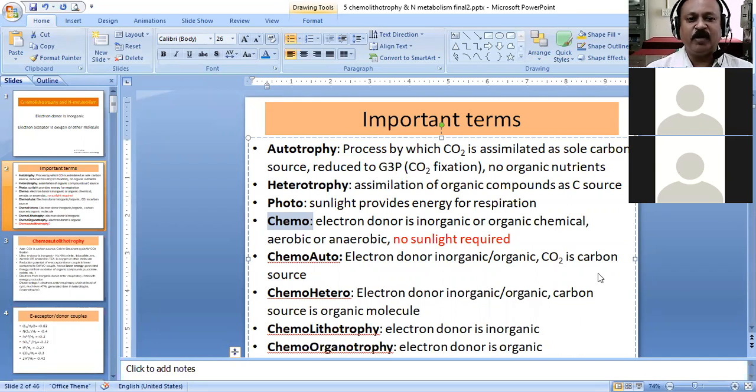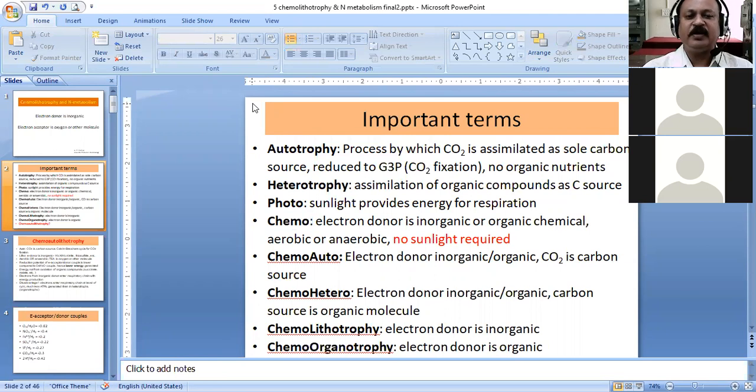If you want to go through the slide, I will give you maybe 1 minute or so. You can just read this slide yourself. Try to understand what is the difference in all these terms, what are the similarities. Try to compare the terms. I'll keep quiet for some time.